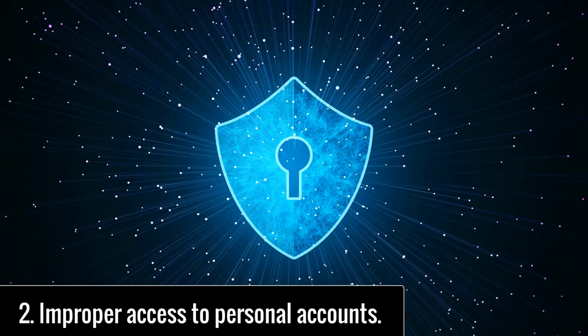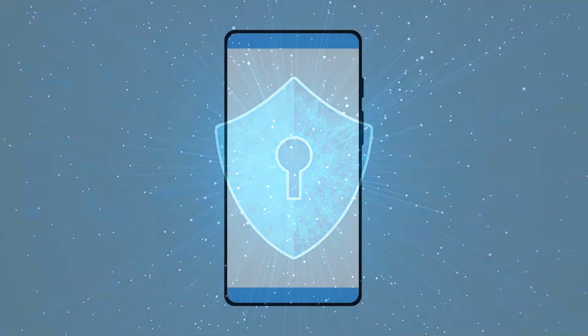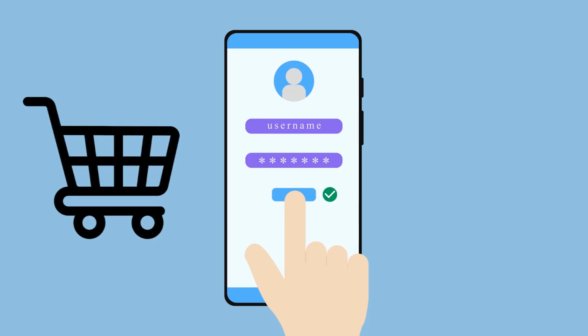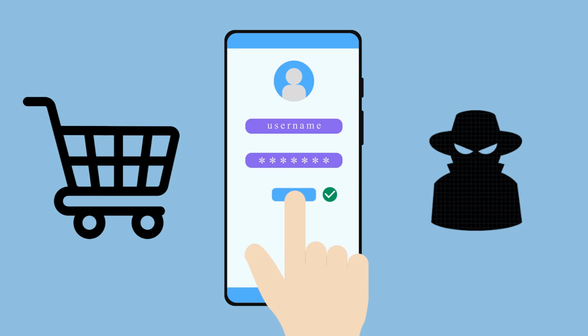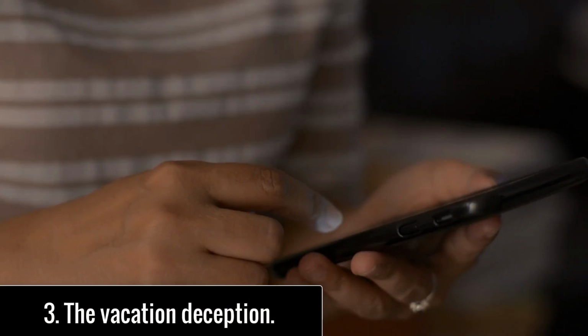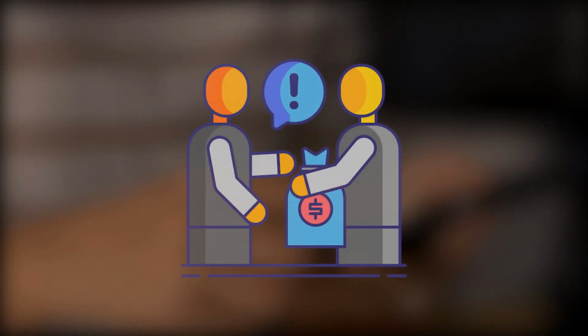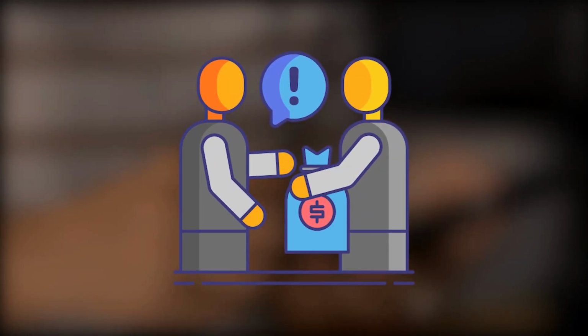This form of identity theft occurs when a fraudster uses stolen personal information to fraudulently access online or financial accounts for the purpose of making unauthorized purchases, withdrawing funds, or even modifying account details. 3. The vacation deception. Criminals send emails from a person's account to their friends and family, stating that they have